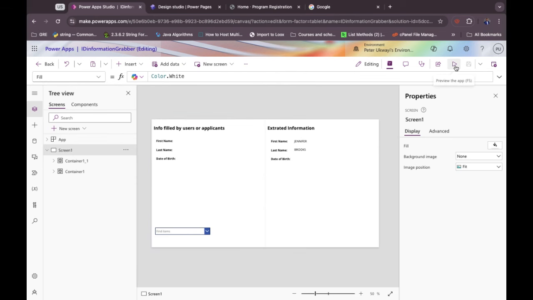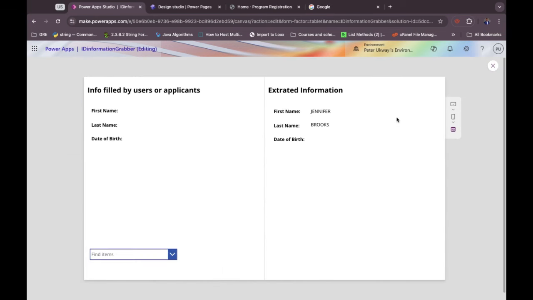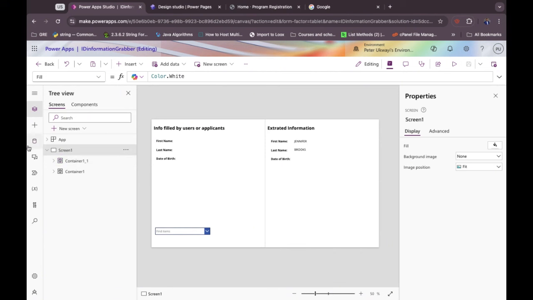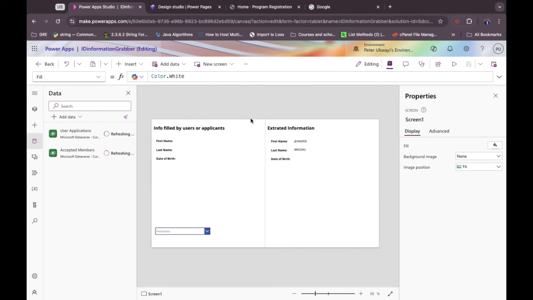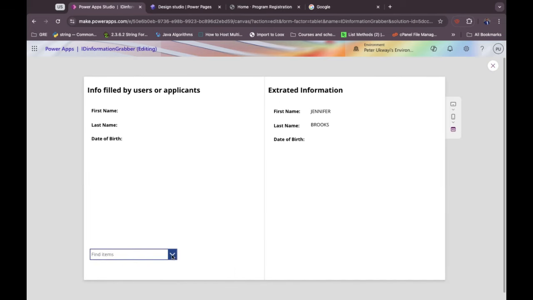So I'm going to play the application now. I do some data refresh first before attempting that. Refresh this too, wait for it to get done, and I'm going to save, and I'm going to play the app. And I'm going to come here and look for my surname, last name, whatever. Click on it. Now,